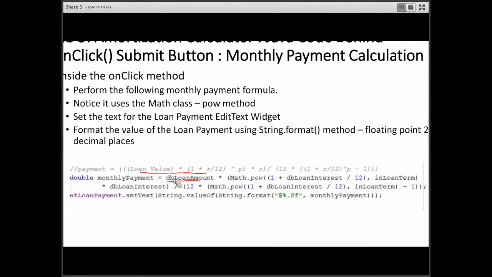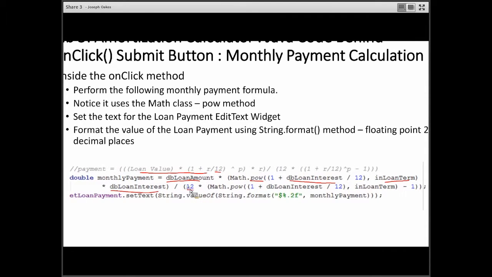So we take the loan amount, which is right here. Then I'm using the math library to get the power of something. So we're going to use the power of something, and that's kind of what needs to happen here. We get the loan interest. We divide that by 12, and the loan term, and then we multiply that by the loan interest. And it's a little complex. That's why I give you guys the formula. Then it gets divided by what happens inside of this